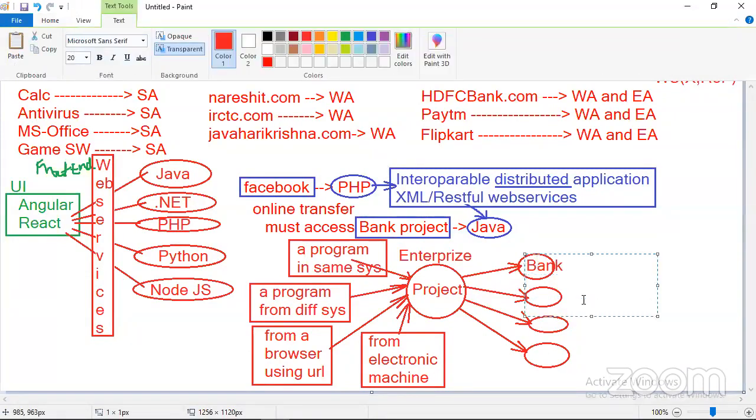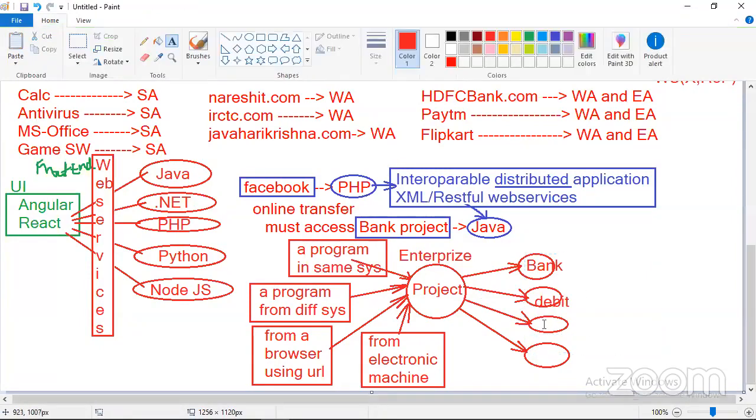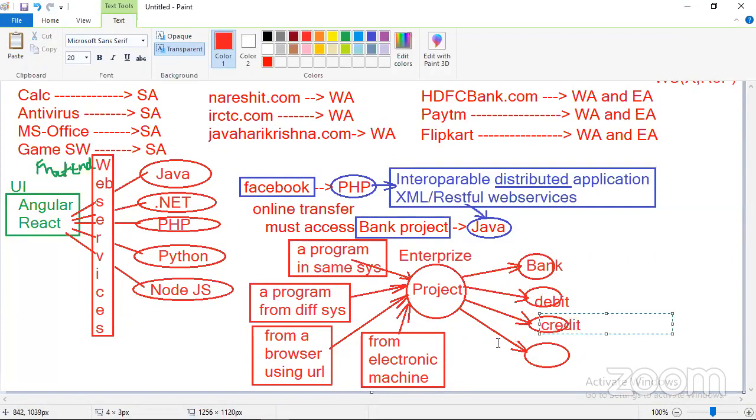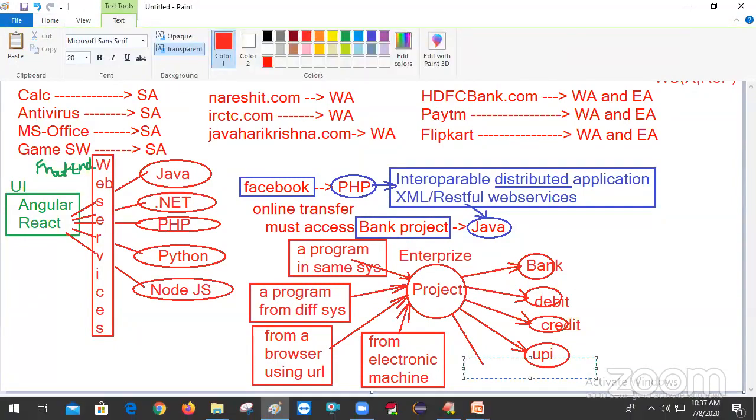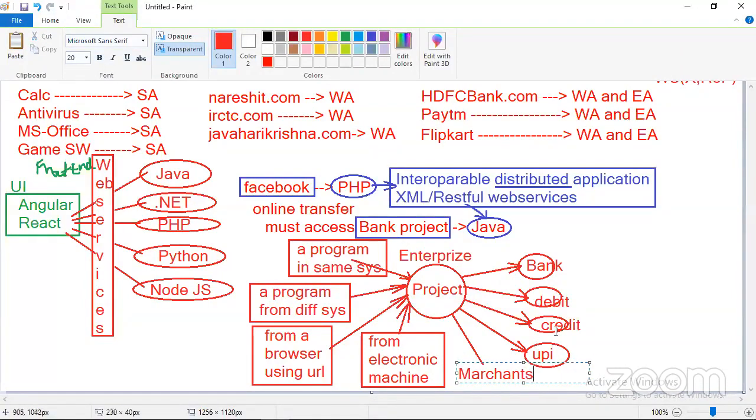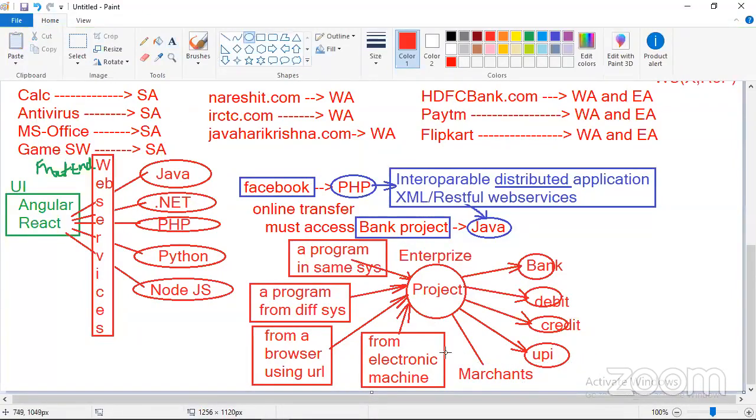It can access debit card, credit card, and UPS system, and it can integrate with merchants. Different selling and buying people, different merchant apps it can integrate. Now, if any application performs this many huge operations, then we call it what?